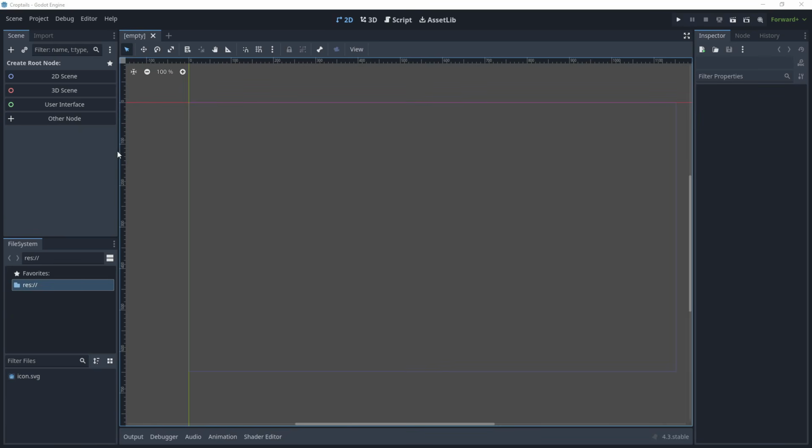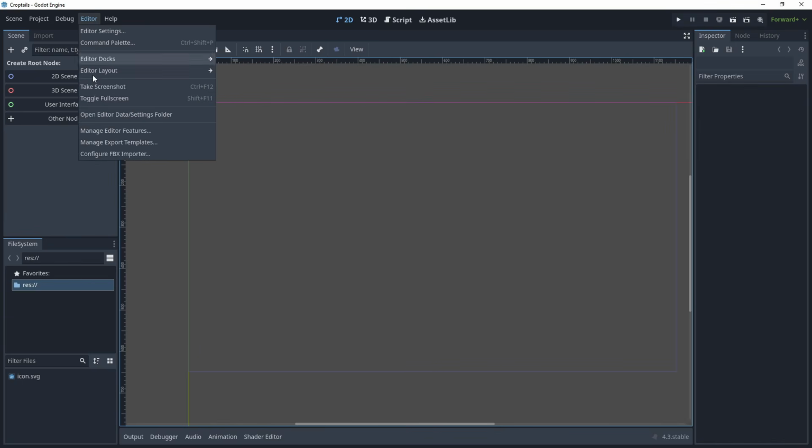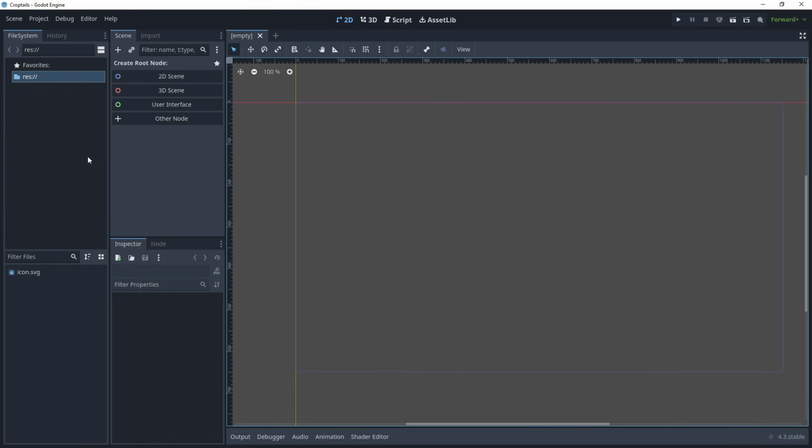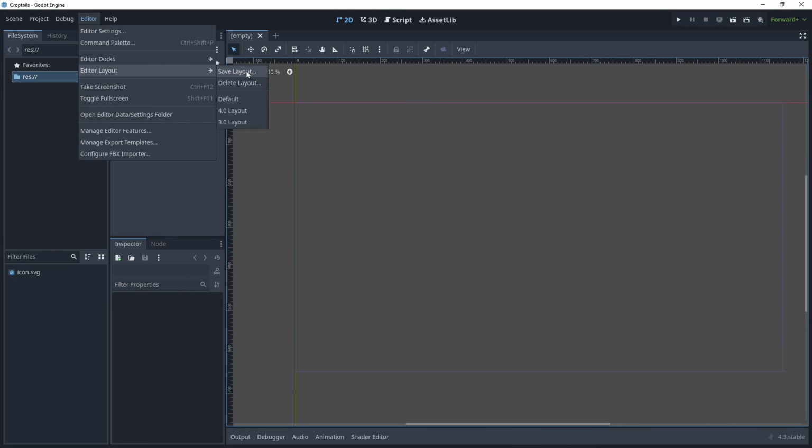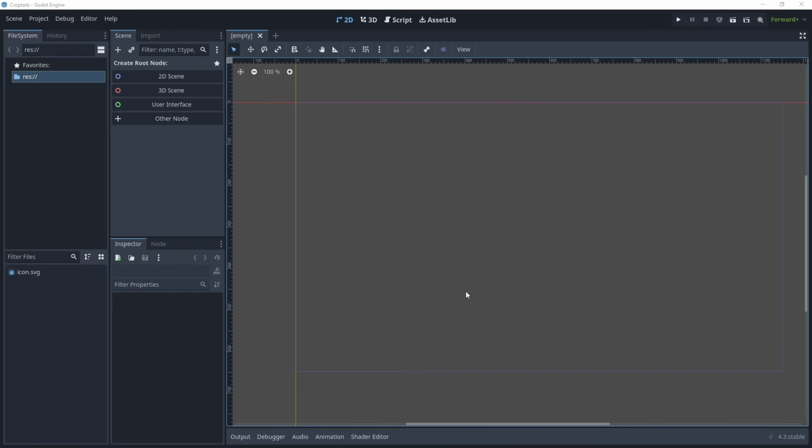However, in my tutorials, I have my own layout, so I can select this by using the editor layout option. This is a layout which I have already created myself and saved, so you won't have this layout. So I'm just going to change to this, and you may wish to use the same layout. Just move the panels by changing the dock positions, and once you have the same layout as this, go to editor and save the layout. You may wish to use the same layout as me so that it is easier to follow the tutorial steps as I'm moving files around, creating scenes, or changing variables in the inspector.